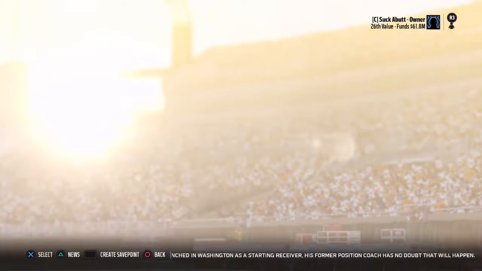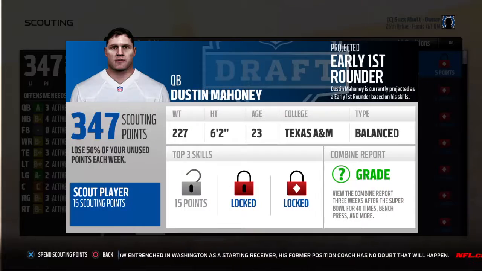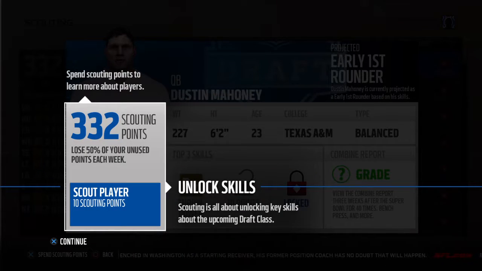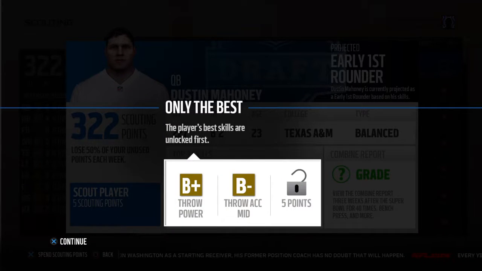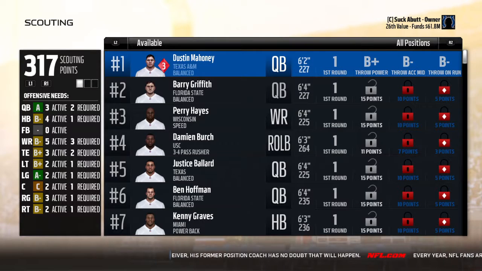Scouting points are earned every week. Make sure you use all of your points. Here are all the players that will appear in the upcoming draft. Select to scout this player, and each skill unlocked will cost you scout. Unlock this player's true skill ranking to see if you just found a diamond in the rough. This means